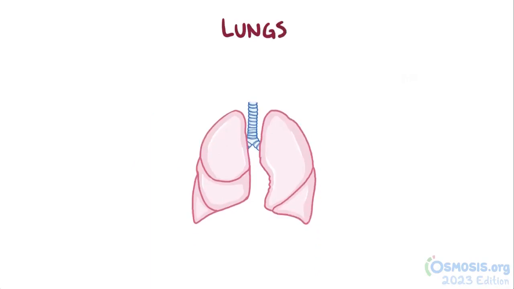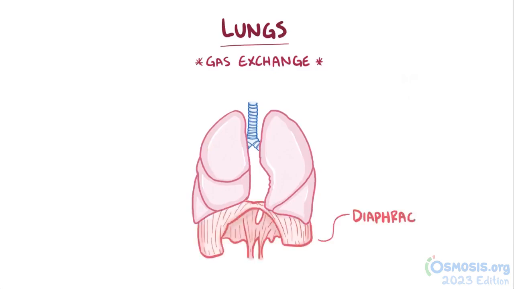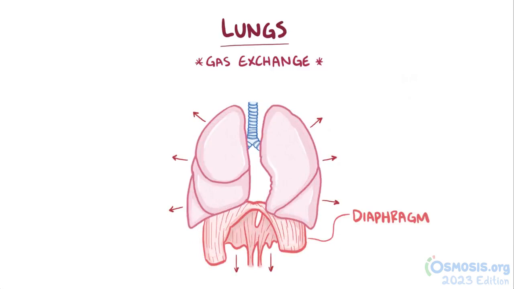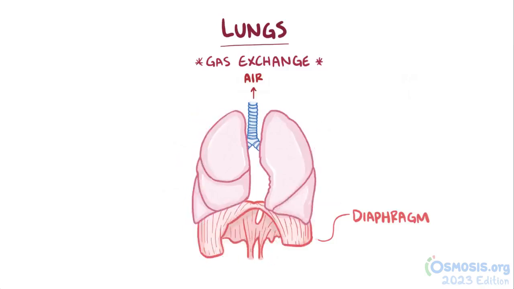The main job of the lungs is gas exchange, pulling oxygen into the body and getting rid of carbon dioxide. Normally, during an inhale, the diaphragm contracts to pull downward and the chest muscles contract to pull open the chest, both of which suck in air like a vacuum cleaner. And then during an exhale, the muscles relax, allowing the lungs to spring back to their normal size and push